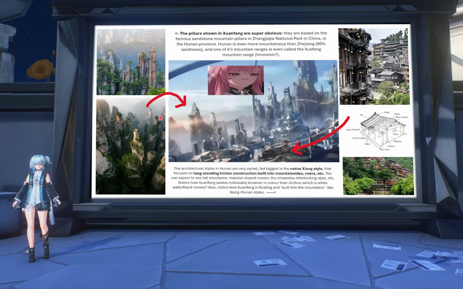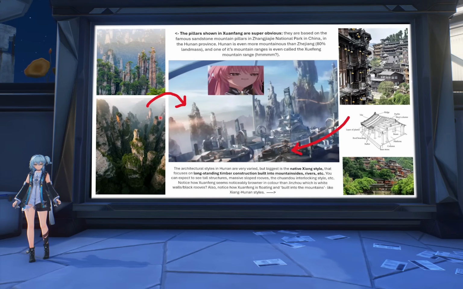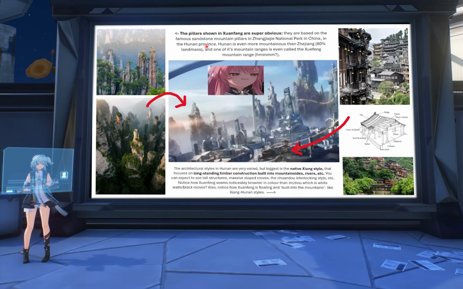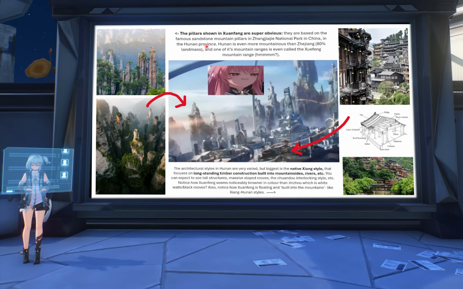So these are the mountain pillars in Zhangjiajie, and the way they were created is that they were made of sandstone. The sandstone eroded away because of wind and water, and you're only left with the core rock of the mountain. There's basically only one place in China that has these, so we already know it's based in this national park, which is in Hunan province,